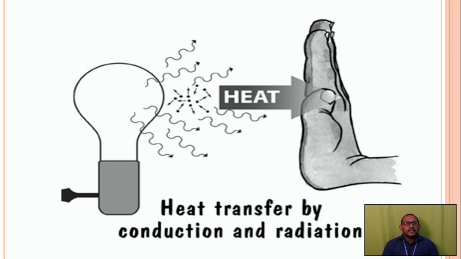For example, we can take a tungsten bulb. The tungsten bulb will be glowing for an hour, and heat radiation will be there. It will radiate heat from the hotter region to the colder region, that is, from the high temperature region to the low temperature region. The heat will be transferred like this only. The energy will be transferred from the higher region to the lower region.